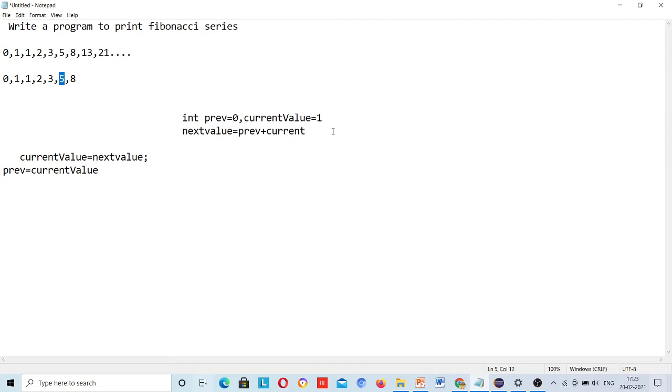So before swapping this, swap this. The previous current value, which was 5, now becomes the previous value. So you need to do it like this. Current value, sorry, here I need to write previous value.